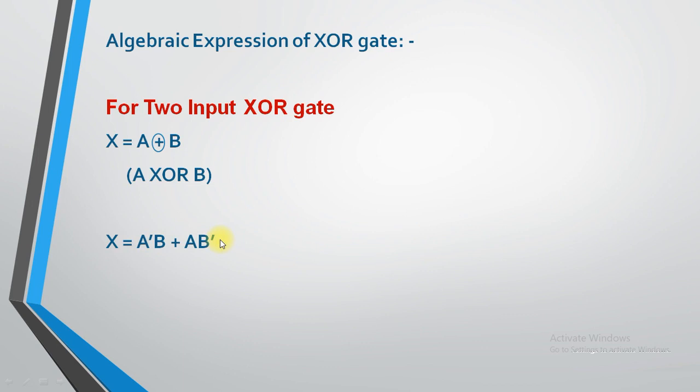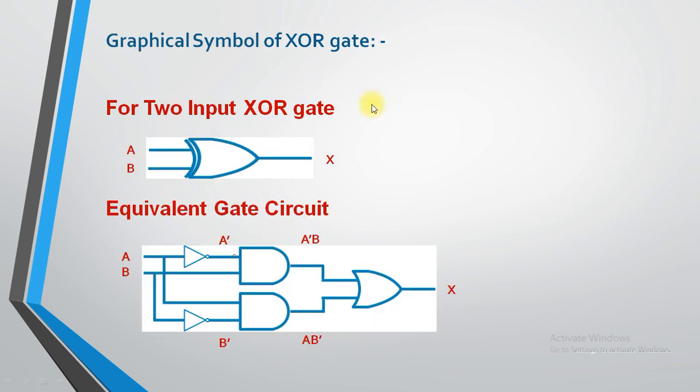So this can be drawn using graphical symbols, like you need to draw an OR gate over here, and on the input side you need to draw one additional line over here. Now see, if you don't want to draw this circuit, you can draw this particular circuit. Both circuits are proper, both circuits represent the XOR gate. Now the second formula is what? A dash B plus AB dash.